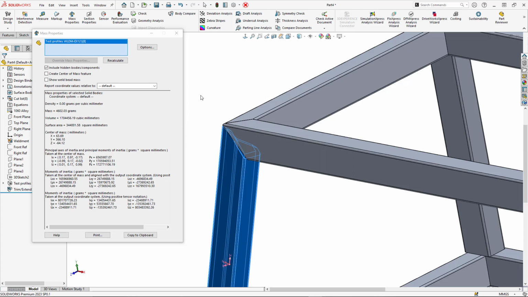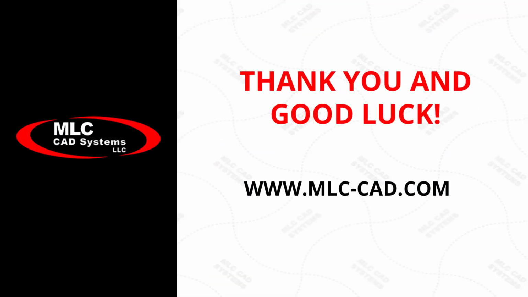That actually brings us to the end of the sample exam. Again, the majority of the work is going to be done in sketching, in 3D sketching, and in possibly creating weldment profiles. Please make sure you are familiar with those. If you have any questions about the 3D sketch that I did or how I set it up, why I set it up the way that I did,